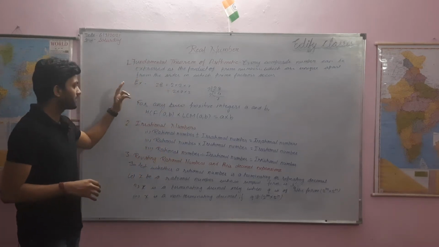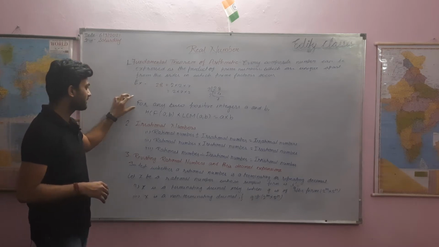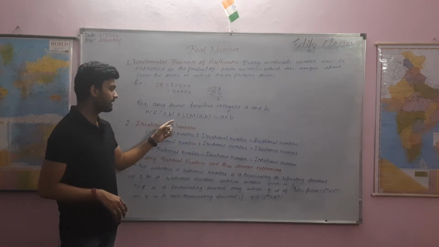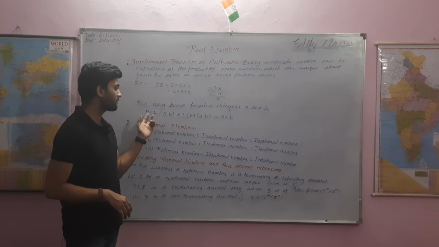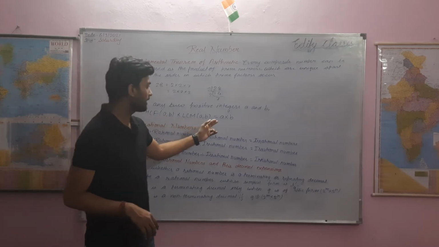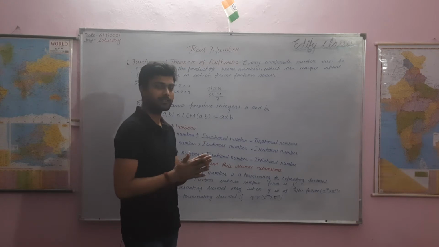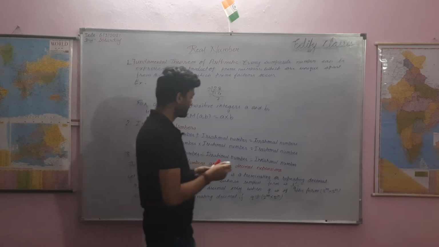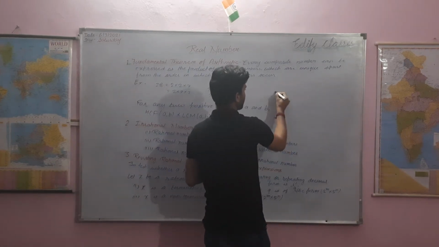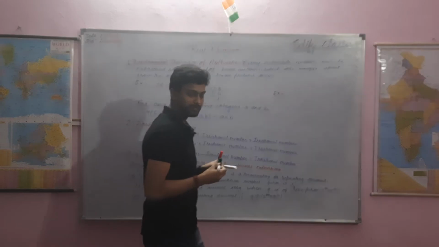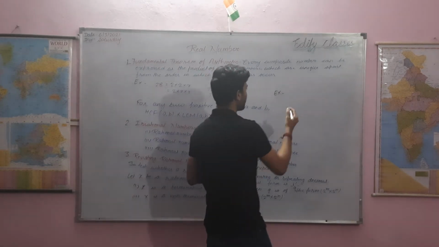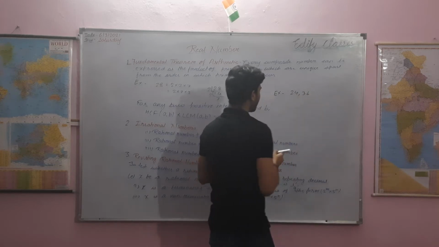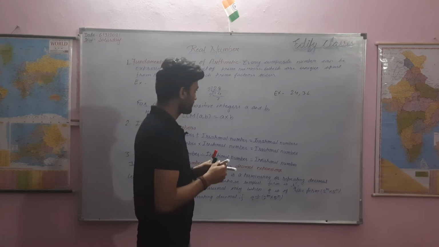The same topic we will discuss for any two positive integers a and b: the HCF of a and b and the LCM of a and b. If we take the product of the HCF and LCM of a and b, that will be equal to the product of the two numbers. This concept will be used in further questions. Take for example two numbers, 24 and 36, for which we have to find the HCF and LCM.